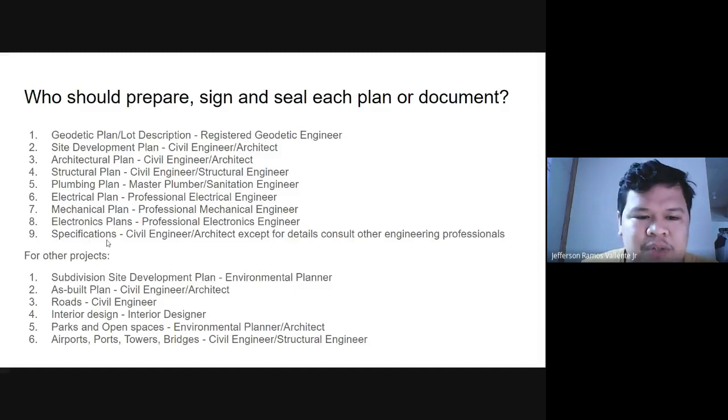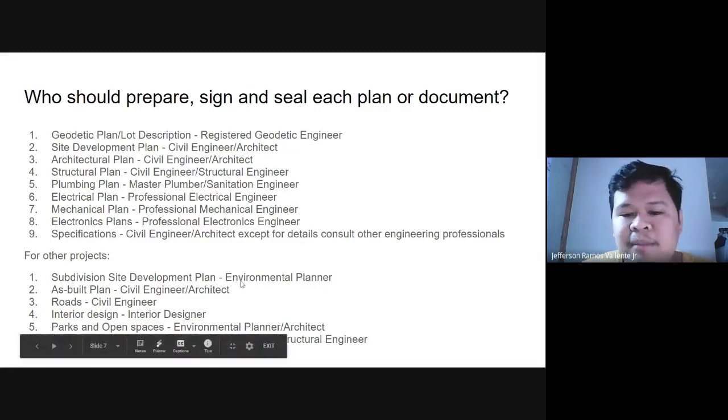Next, specifications. It's a document containing the requirements of the building. Diba? It's a civil engineer or architect. Pwede ta. Except for details, so kung nakay details on the wiring, naay part dito nga mo pirma ang electrical. Kung nakay details about elevator, nga unsa nga brand, unsa ka usog, ang dagan, etc., mo pirma dapat ang PME. Okay? And for other projects, subdivision site development plan, kani siya, environmental planner, pwede ani, dili na pwede mag-apil-apil